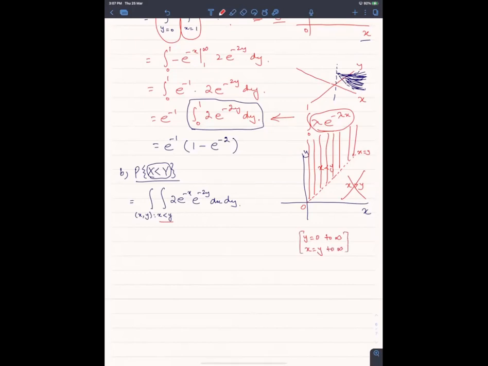X is going from y to infinity. देखें ये वाली जो लाइन है, इस slope 1 वाली लाइन के ऊपर x is equal to y है। x is always going from y to infinity। x जो है वो y से इंफिनिटी तक जा रहा है, और y जो है वो 0 से इंफिनिटी तक जा रहा है।